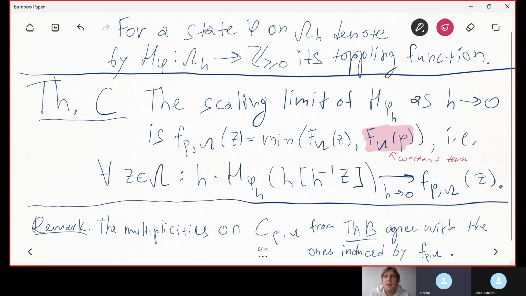In many ways, B is a very weak form of convergence, and as you said, theorem C feels more definitive. Theorem C feels like having more information. So it's a bit surprising that you have to work harder to prove theorem B than to prove theorem C. Yes. Well,